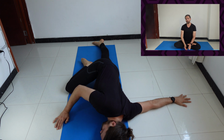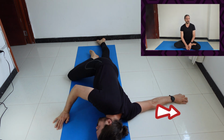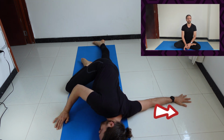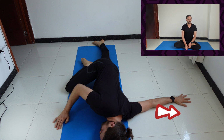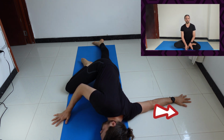And number 5, my last recommendation is for a chest opening stretch. Begin lying face down and reach the arm out to the side. We're going to stretch the chest by rolling to the side, but to make sure this is a chest stretch and not a stretch for the shoulder socket, continue trying to reach your hand away from your body as you